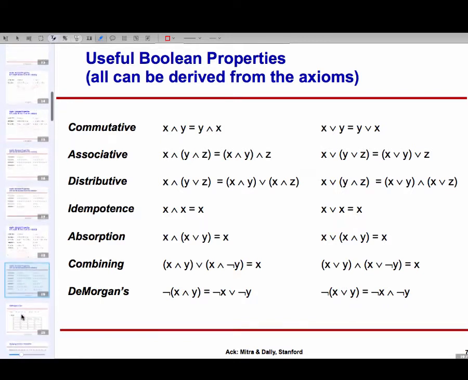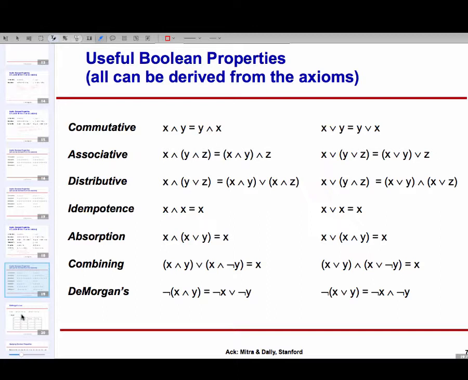And next comes what is probably the most important property, and it actually has a special name. It's called De Morgan's theorem or De Morgan's law. What it says is the following: not of (x and y) is the same as (not x) or (not y),